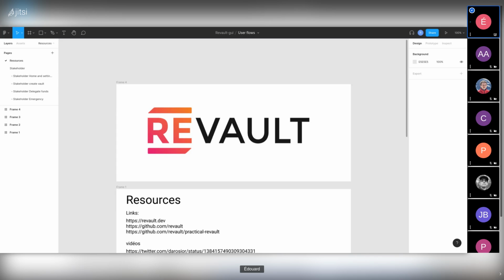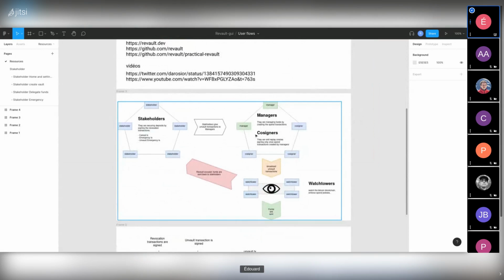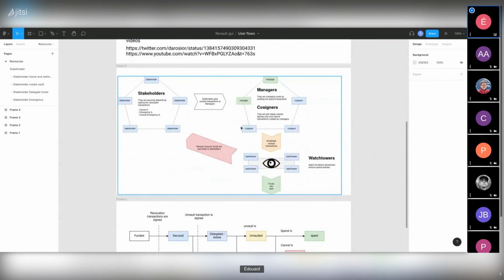You don't have CheckTemplateVerify merged yet in Bitcoin Core or something like this. So we don't have covenants. We don't have a way to say to some coins you can only go in this direction and not others, like to a hacker address. So what we want at Revolt is to try to create vaults. It means these coins with spending policies. And for this, we have a technical solution, which is maybe a little complex if you see it with a big schema like this. Our solution is